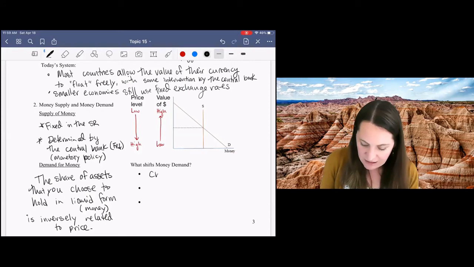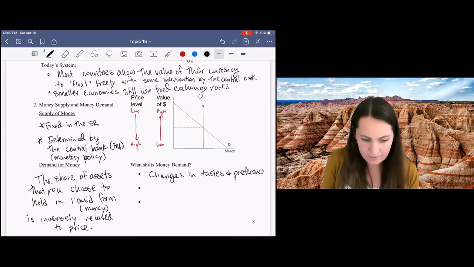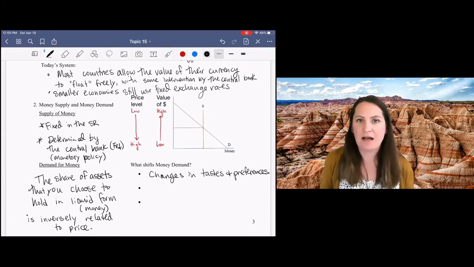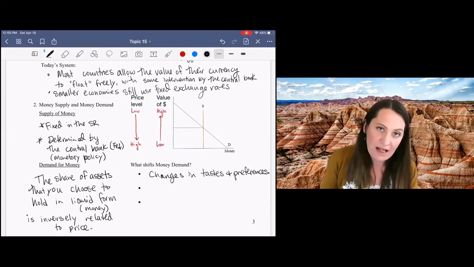And so I want to list just a couple of things here. So changes in consumer tastes and preferences. Suppose I'm nervous about losing my job, or I'm nervous about the state of the economy. I might just start spending less money. Or say I'm feeling good, I might start spending more money. This is going to impact demand for money and therefore the value of money and the general price level.